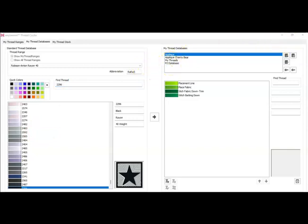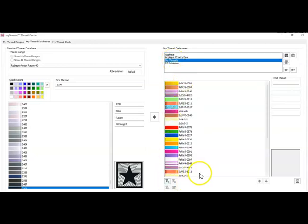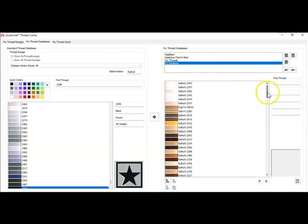And I'm going to show you something else here too before I get too far. I have something called PZ Database. In your thread cache, you're going to automatically see something called My Threads. This is something that they put in there on their own. You may or may not have these threads, and it's kind of immaterial, and I haven't quite figured out how to delete that baby. So I just go here and add new database, and then I named it PZ database, and that's the one that contains all of the threads that I currently have in my stash. Okay,